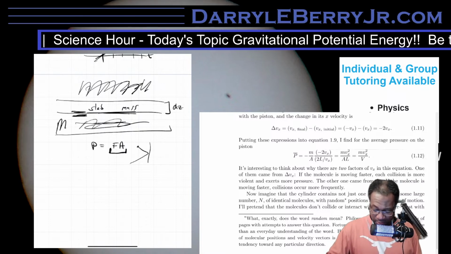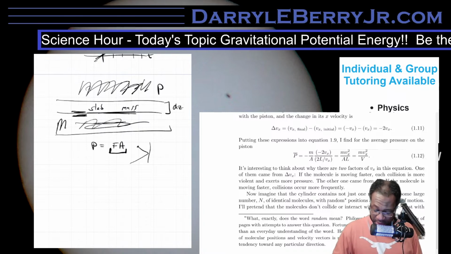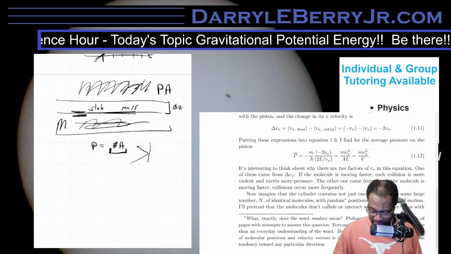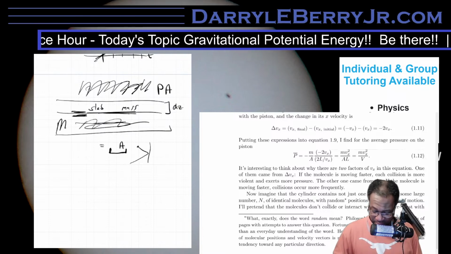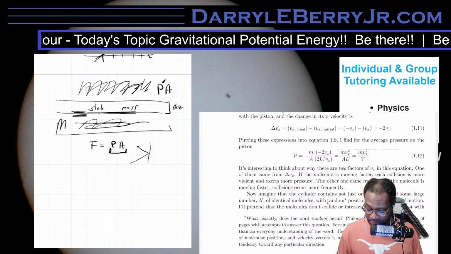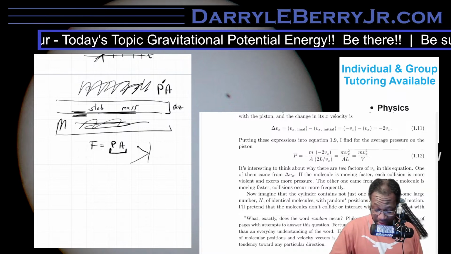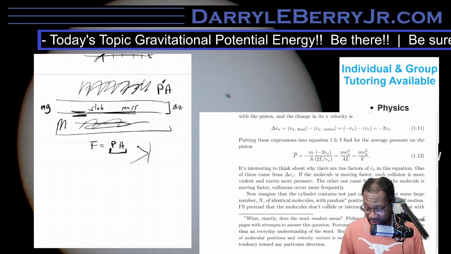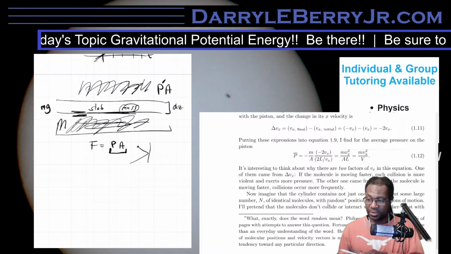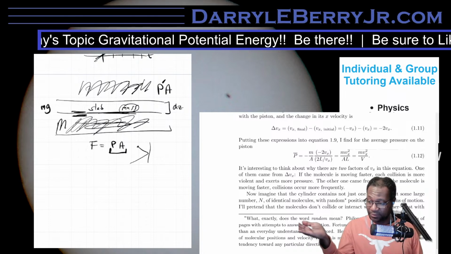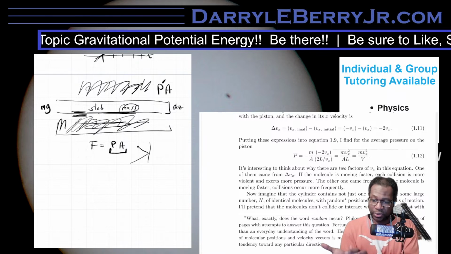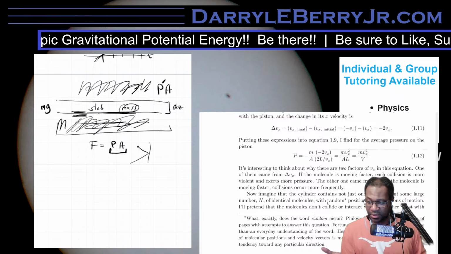So basically, we can call this, for instance, the pressure times an area going down. Oh, hold up. That's what it is. This force is the pressure times the area. So that comes back to me. We can call this, let's say, P prime A, that force going down. We can say that this is mg, because again, this mass is resting atop this area. So this slab of air is feeling that mass, just like how my hand is feeling this pencil when I lift it, right? I'm holding this pencil up, but there is air pressure pushing on this pencil, which I'm feeling, but I'm not necessarily lifting the air.